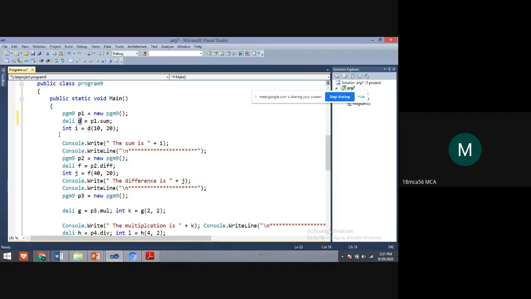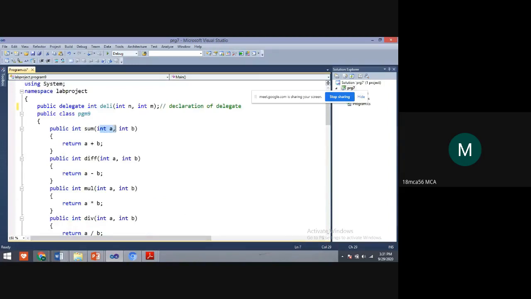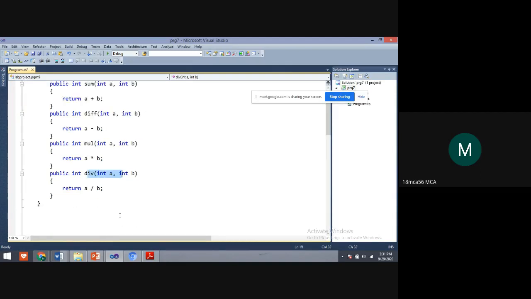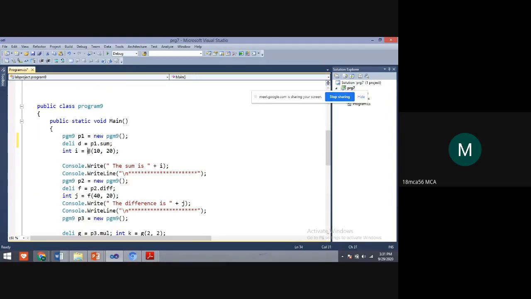And here, using this delegate object, we are passing the values to these variables, int a, int b, for sum, difference, multiplication and division. For these methods, with the help of this delegate object, we are passing the values.